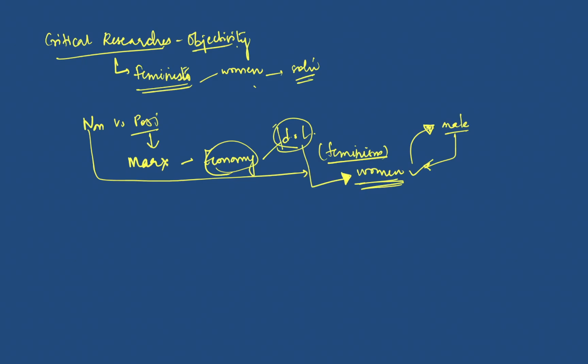So critical researchers are somewhat coherent with that thought, but they say that sociology should not be a dumb discipline. Okay, it has to do something for society as well. It shouldn't just bring out the facts, but it also has to bring out values, and it also has to bring out the good ones. And they say that the plight of women should be highlighted. The plight of women should be told to the entire world, and that is what they argue, right?